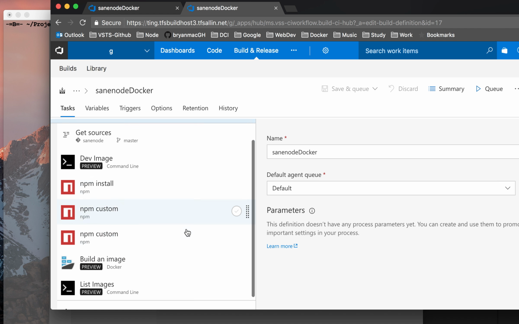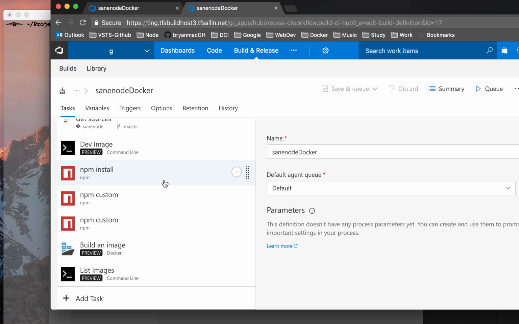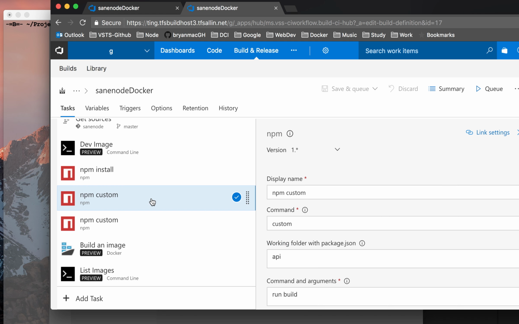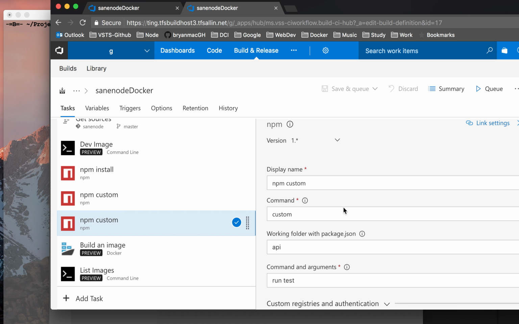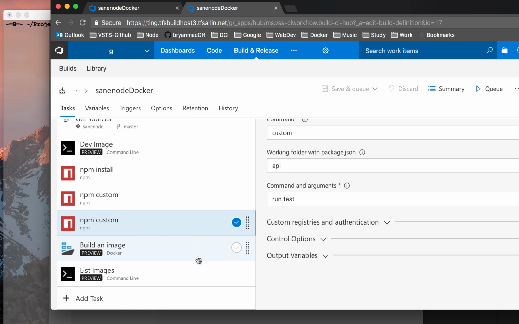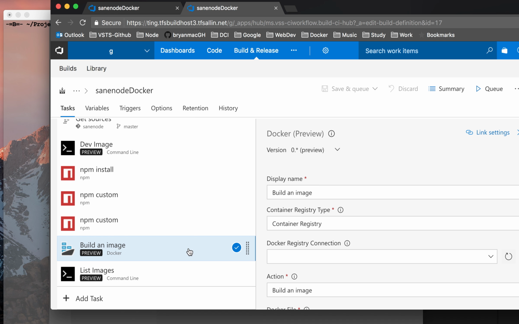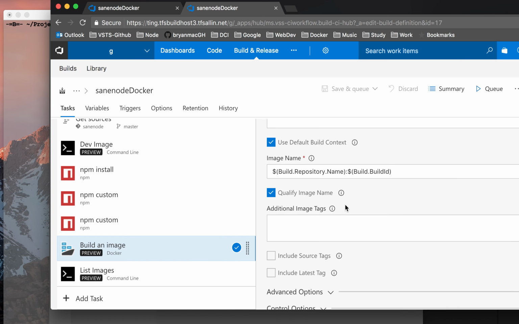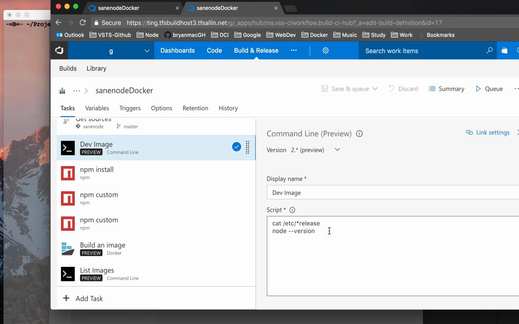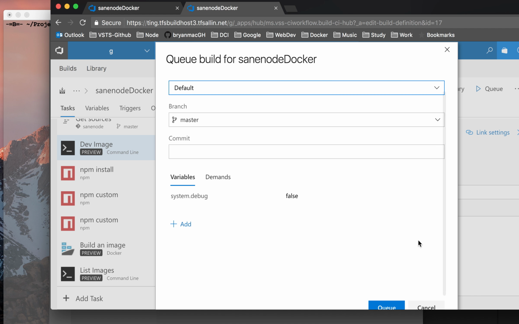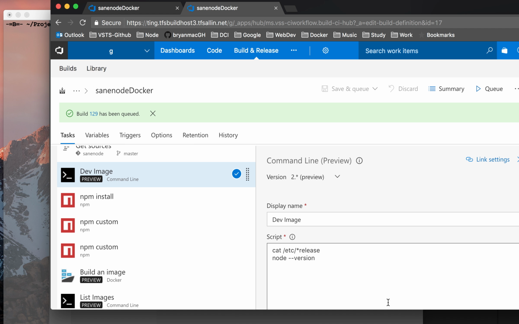So I want to be able to use the same git sources, the same npm install, the same npm, here I'm doing npm run build, the same npm run test, and then I use our built-in Docker task to build one in the registry. And here we're just printing out the version of Node to prove that we're inside the container. The Linux image that we're running this on doesn't have Node or anything installed. So if I queue this build,